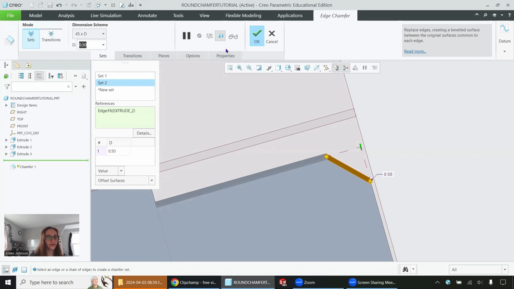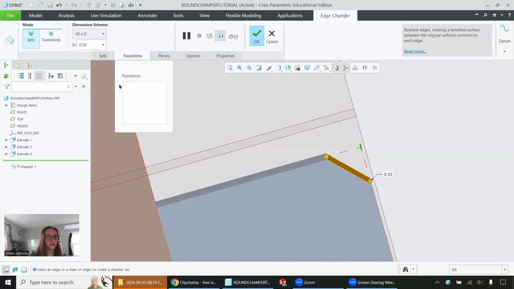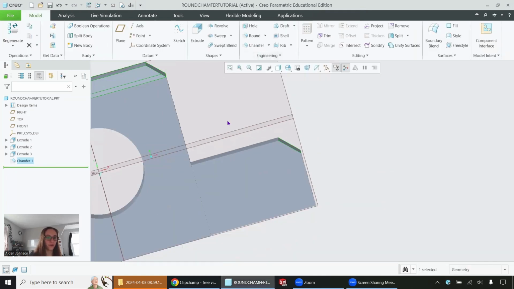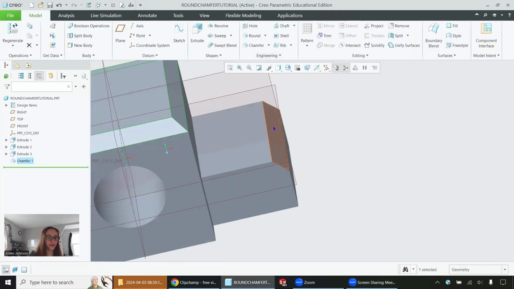One more thing I want to bring to your attention is this transitions tab right here. Transition can be used if 2 rounds or 2 chamfers are in contact. You can adjust the way they connect. I'm going to hit OK, and you can see my chamfers